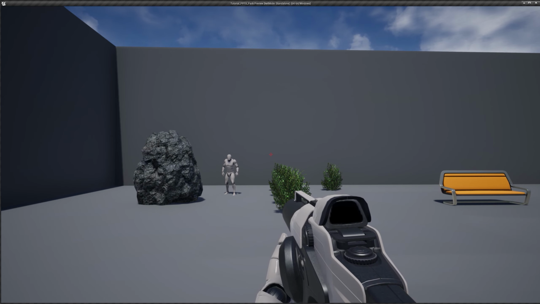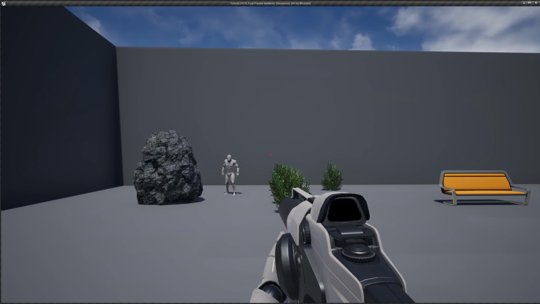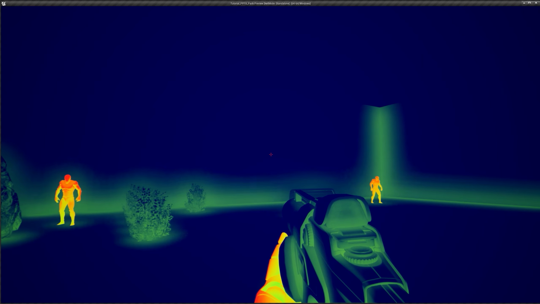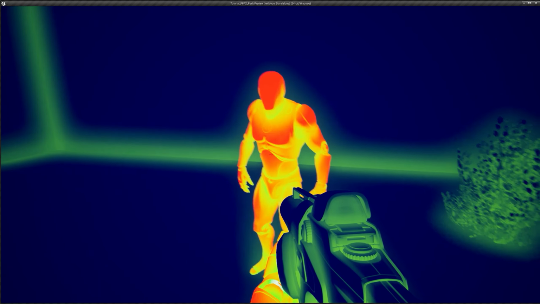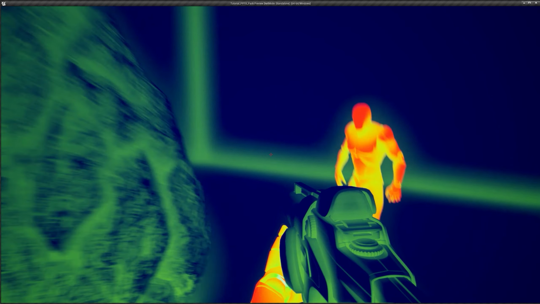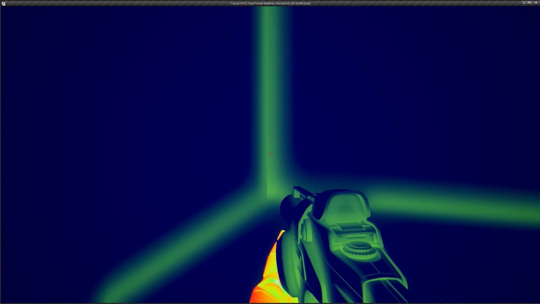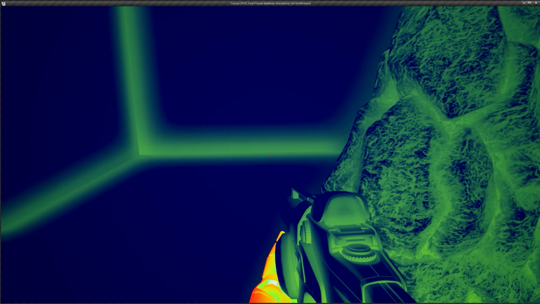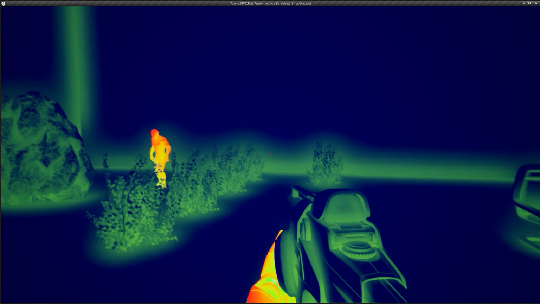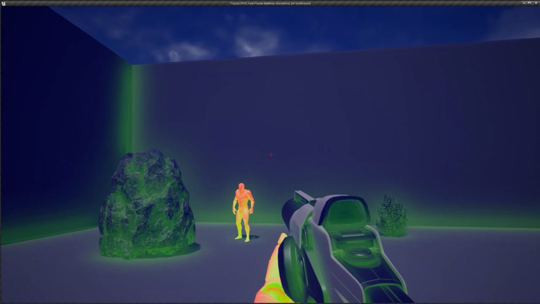Now the sixth and final effect I want to show you is the thermal vision. If I press the E key, you can see this thermal vision like this. You can see the hot areas on his body and the cooler areas, and also you can see the background. And here you can see that there are some highlights around the corners like this, which I really like. And here you can see that my hand is also glowing, and if I press E again, it will go